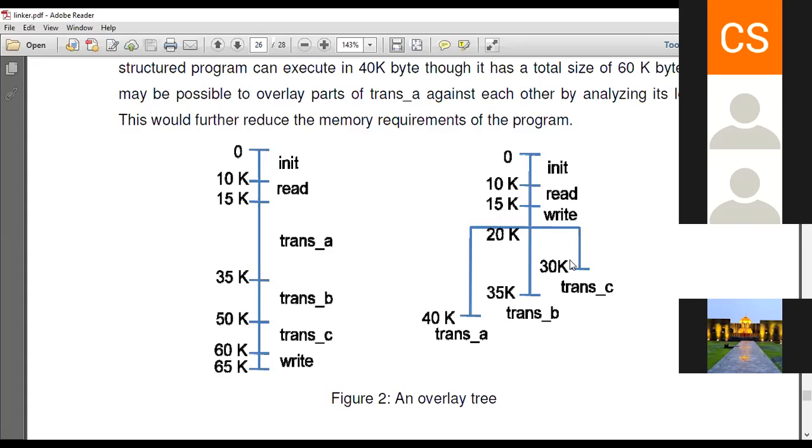When the execution is over, it will be removed from the memory. So without overlay, we have to load the full program into the memory. If you have a program of very large size and that much memory is not available, then the program will not be executed, or it will have to wait until the memory gets free.